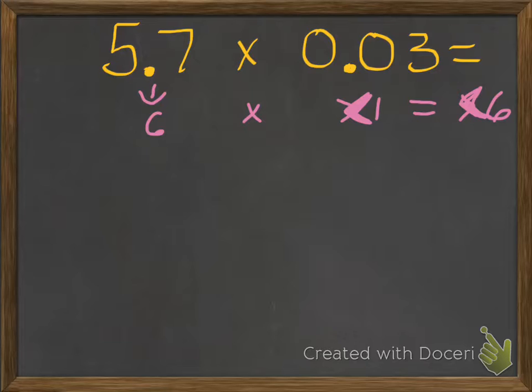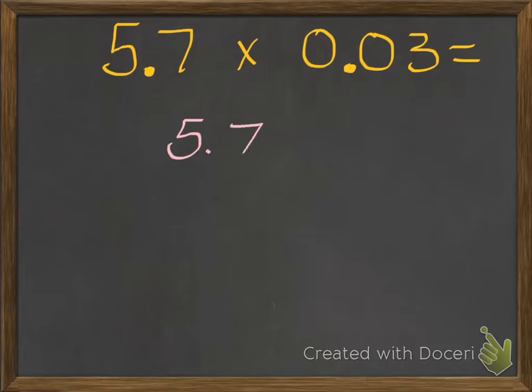So let's give it a try. Let me erase this real quick. And we'll give the multiplication a try. So 5.7 and then 0.03. Now I don't need to use this 0 right here before the decimal point, but I do need to keep this one because there's a digit other than 0 right there. So I can't just get rid of this 0 right here. I have to use it. So I've got